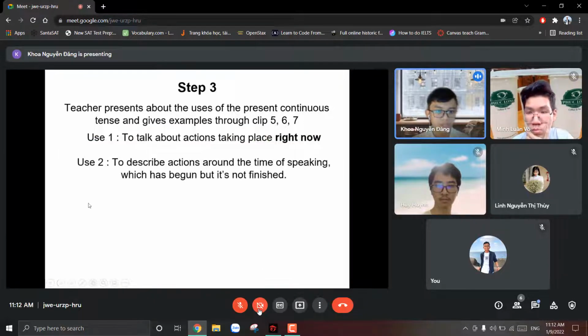okay. And besides, the present continuous tense is also used to describe an action around the time of speaking, which has begun but is not finished. For example,